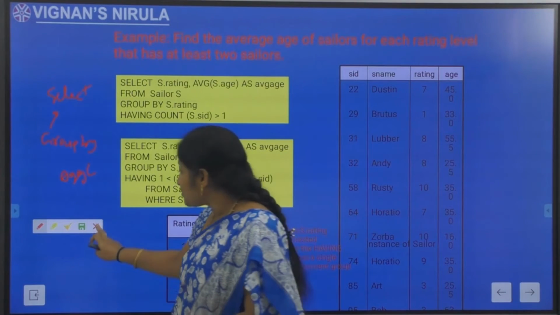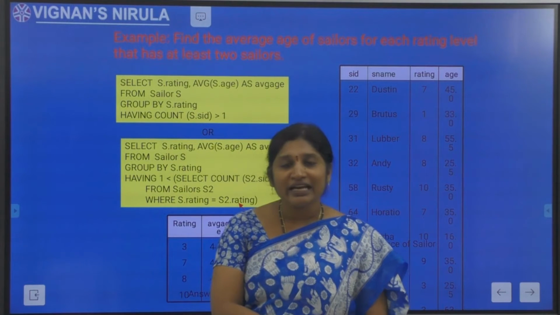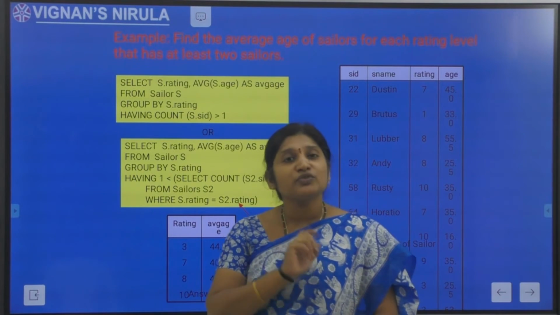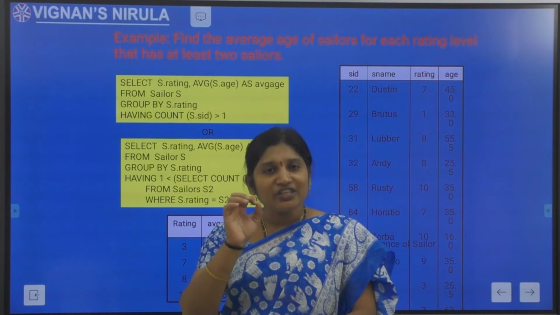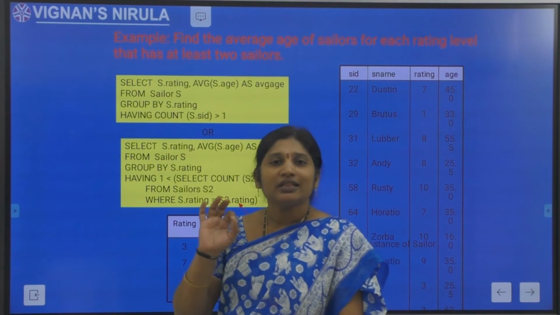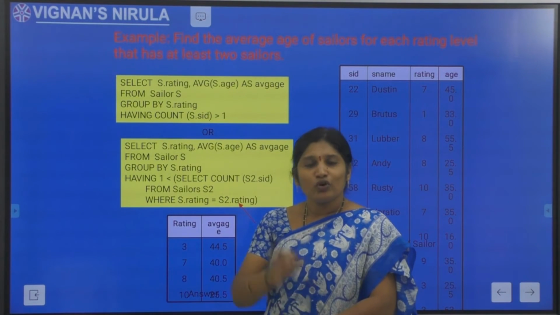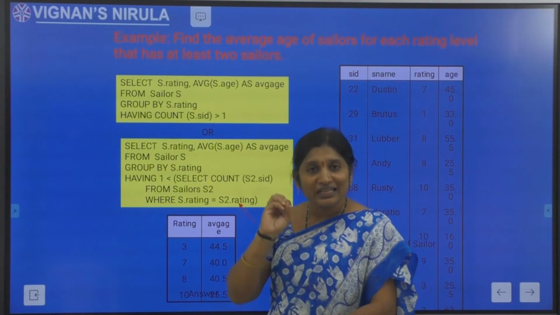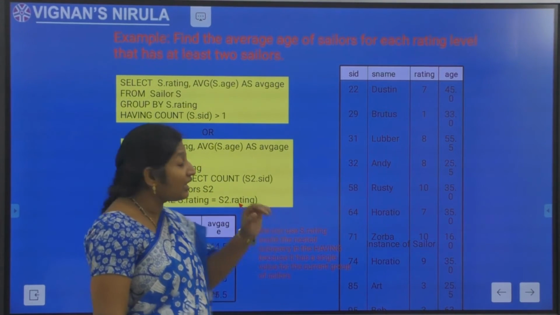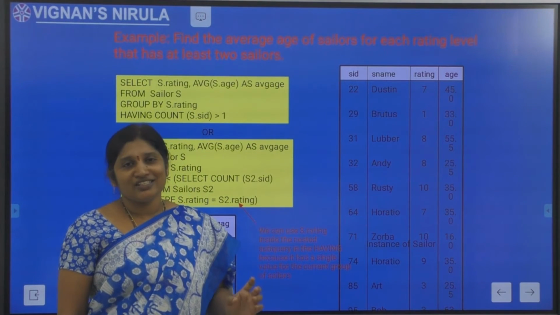So there is a restriction on the select clause when using group by and having clauses. The select clause can consist of 2 types of target list. The first type consists of the attributes that have been mentioned only in the group by clause. Only those attributes are eligible to appear in the select clause target list.